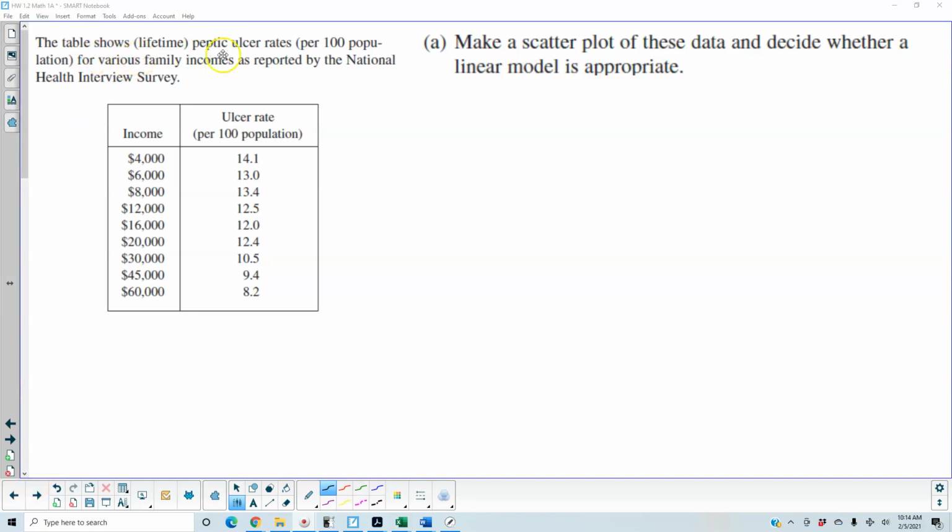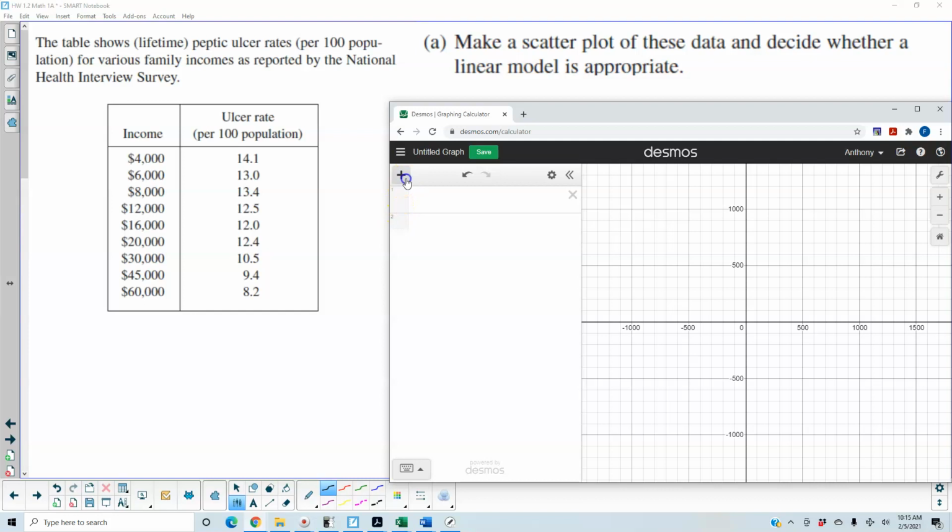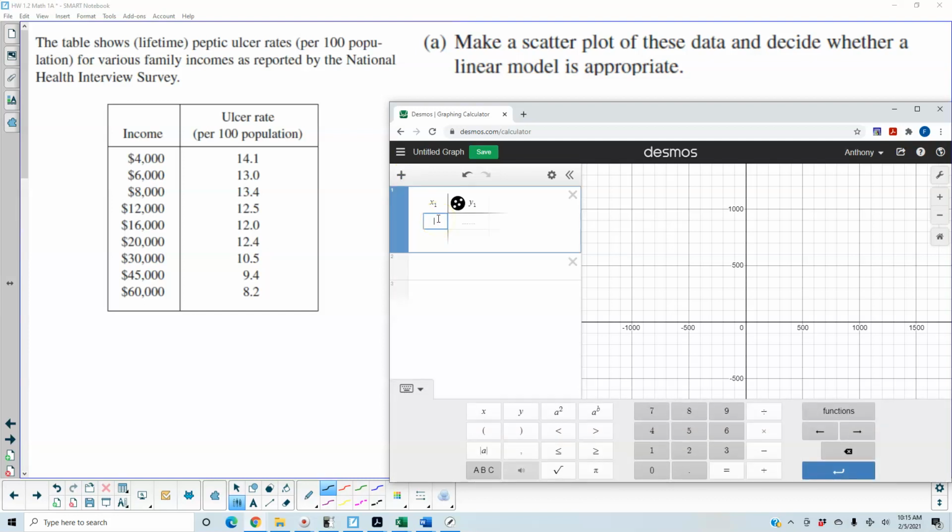Okay, the table shows lifetime peptic ulcer rates per 100 population for various family incomes as reported by the National Health Interview Survey. Here is the income and here's the ulcer rate column. So what we're going to do is create a table, and we can do that in Desmos. So we can go here and put in a table, and then we're going to put in our particular